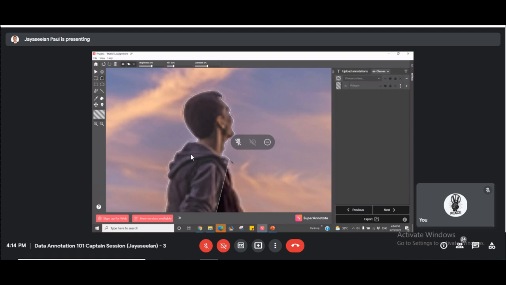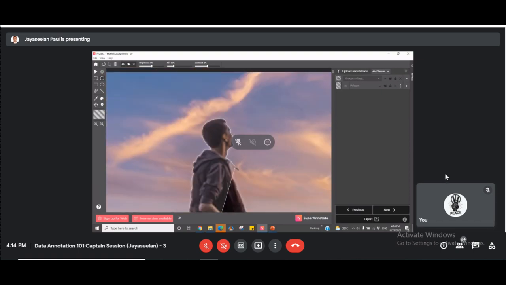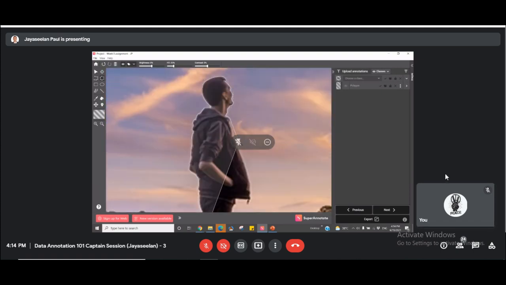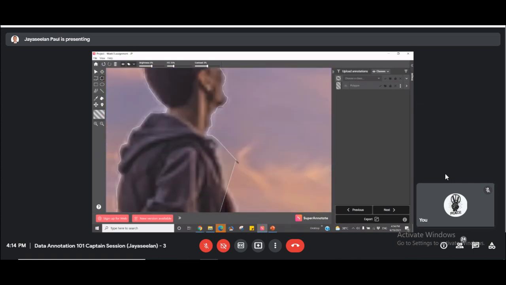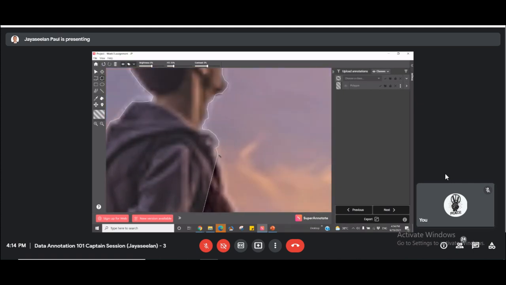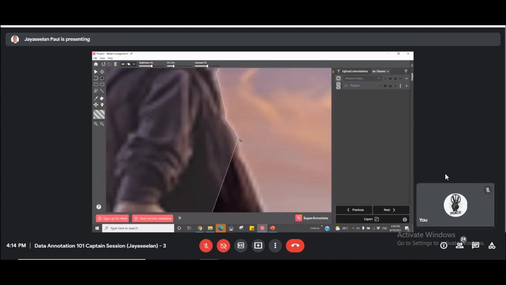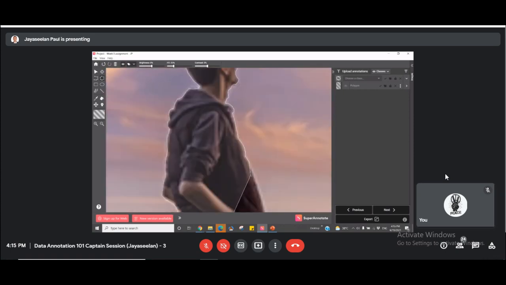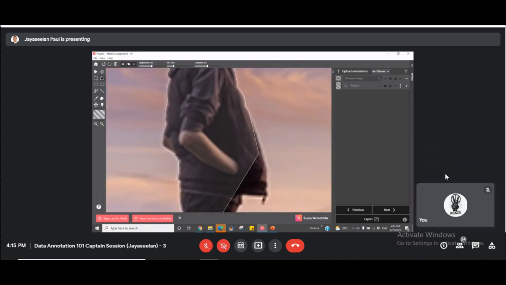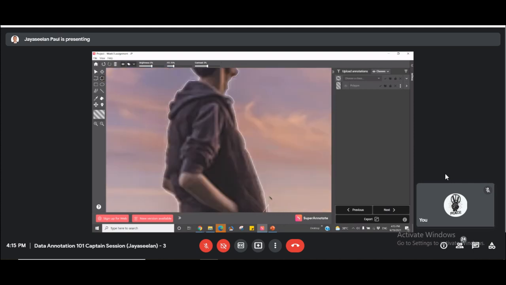Box was a little easier, just click and drag. You're able to see what I'm doing. This is the level of accuracy that you need to maintain, where you zoom in to the maximum.